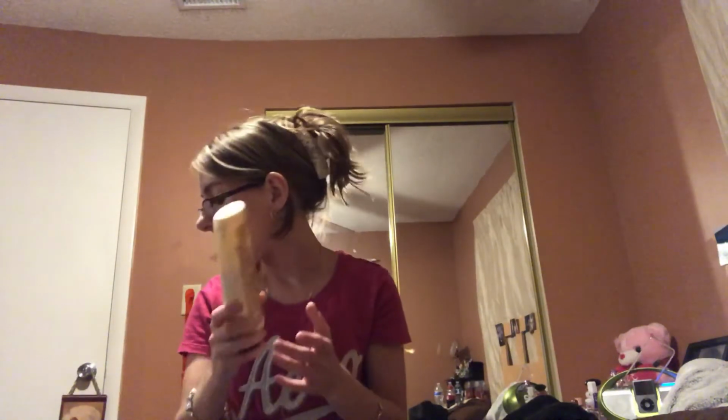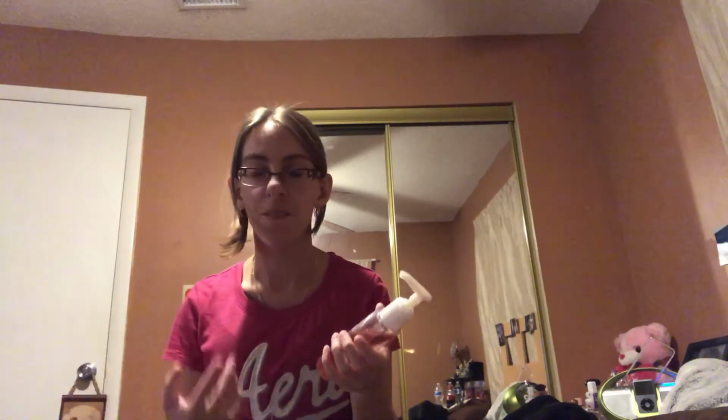I just use suntan lotion, and this moisturizes my skin too. So even though it protects me from the sun, it moisturizes my skin as well. So this is non-greasy and oil-free sunscreen. So I use that. I just use the body cream from Bath and Body Works throughout the day. I use chapstick throughout the day, and I use my face wash every morning and every night to keep my face from